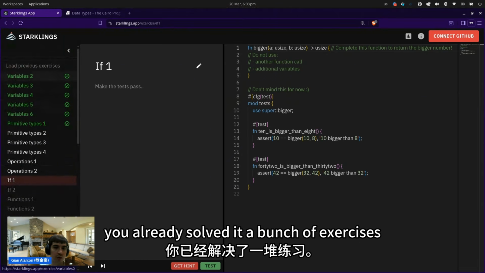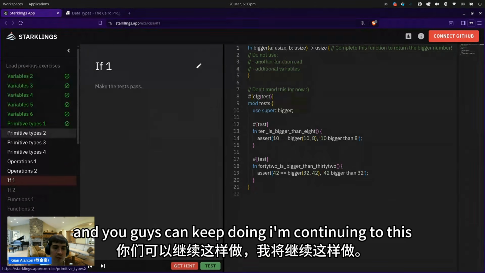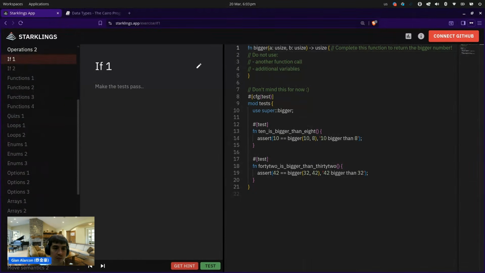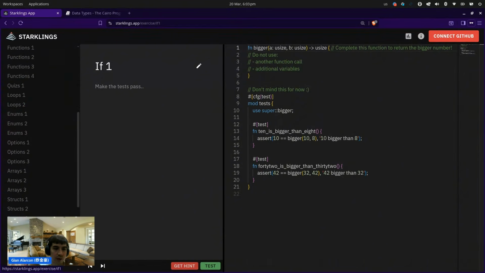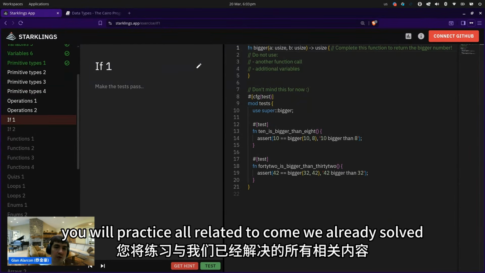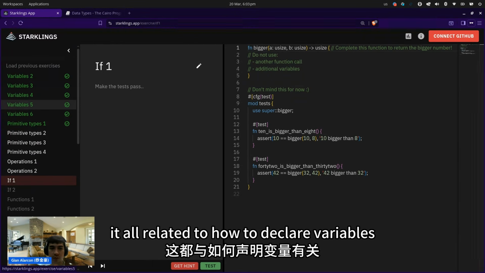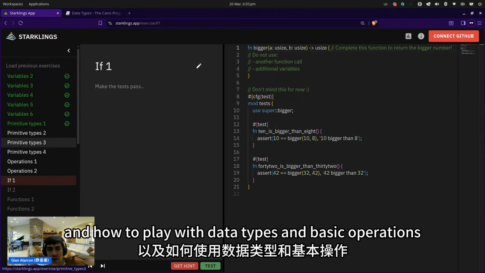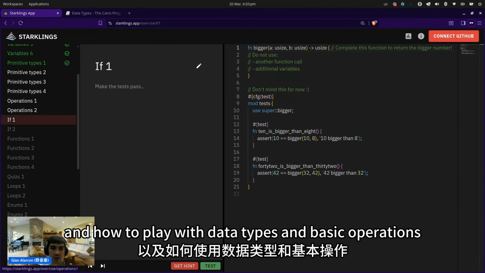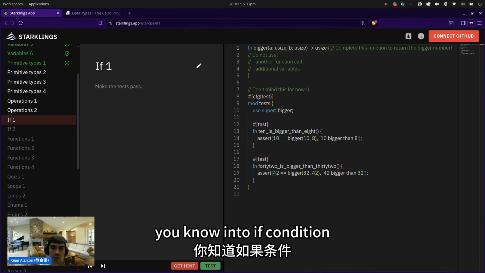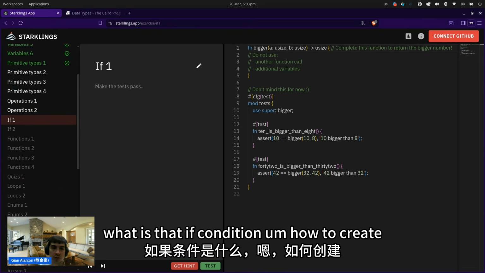As you can see, we already solved a bunch of exercises, and you guys can keep continuing with this. You will practice everything related to how to declare variables, how to play with data types and basic operations. But now you have to go into the if condition. What is the if condition? How to create,